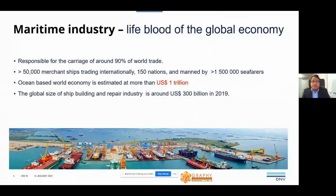So let me set the importance of why to focus on maritime and 3D printing when you have so many problems. Yes, the maritime industry is the lifeblood of the global economy. Nobody can deny that. It is responsible for the carriage of 90% of world trade, and with more than